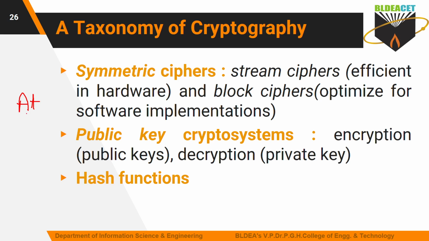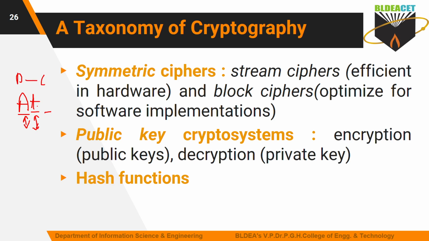If it is the stream cipher, then you convert A first, this is the first bit, and then the procedure is applied. The encryption technique is applied to A first, next it goes to T, next it goes to the next character. Like this, bitwise, it applies the encryption technique to convert your plain text to ciphertext.